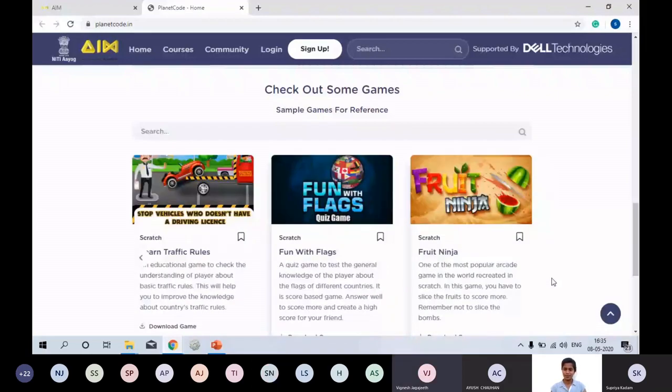Ma'am, even if we learn the code to make a PUBG, we cannot make it, because to make a game like that we will need our own big server so that we can store all the games, all the data, all the accounts of the people. So that is actually a thing. Correct. But you will know how to do it, right? At least you will know what is running in the background. When something is happening, you will know how it is actually working. Yes, ma'am. That's the idea.